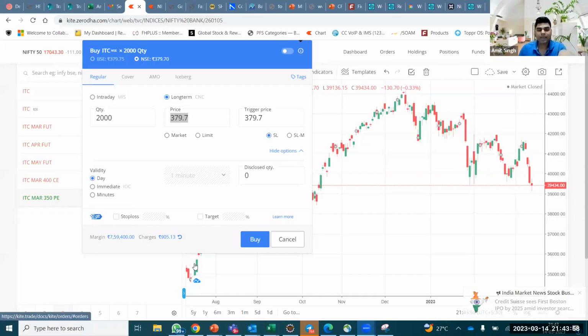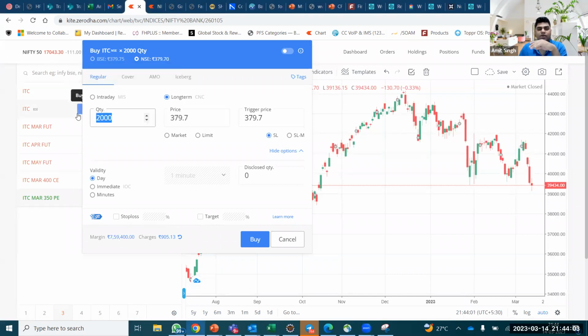He understands how the market works. This person is also bullish on ITC, meaning he wants to enjoy life, but with a little protection. So what he will do is hedging. This is what hedging is called. Instead of putting 7.6 lakh, he will go for 1600 stocks, which is how much? 6 lakh rupees. So he sets aside 1.5 lakh, and he will buy 1600 stocks of ITC at 380.